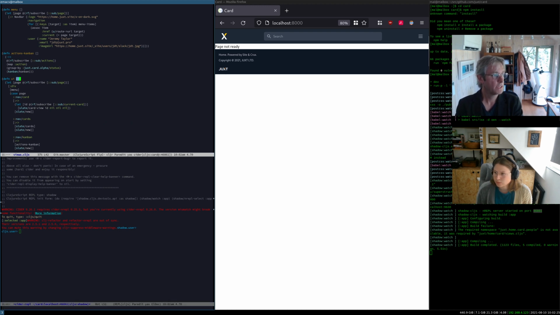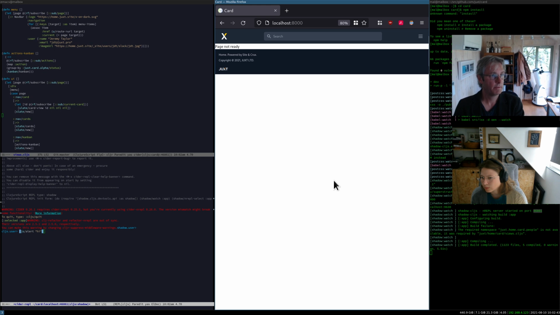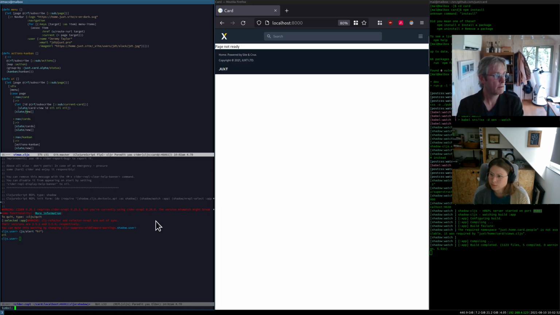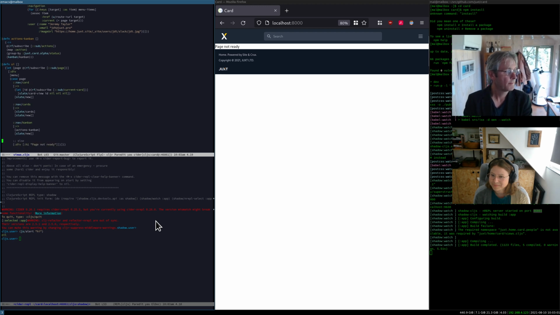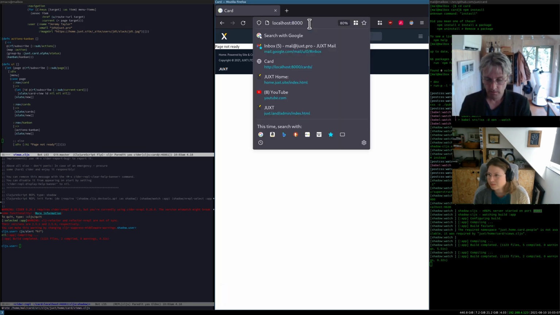So if it has worked, I should be able to go into one of my symbols here, and no, it hasn't. Oh, I might have to reconnect. Okay, so the REPL is working, and I should then get. Well, that's not working, but anyway. So if we go to cards now,